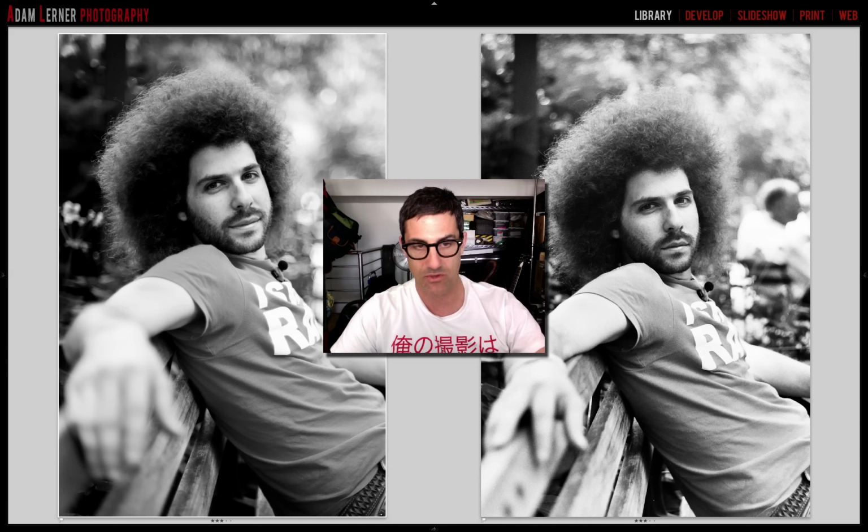Now granted, the D700 is a pretty high resolution camera, and if we look at the two, I took this image that I shot on the D700 on the left here. It was shot raw, of course, and I did a black and white conversion, and I did my best to emulate the style of the scan of the image that was shot on film on the right here. But for whatever reason, when I'm looking at these two images, I am always drawn to the image on the right.